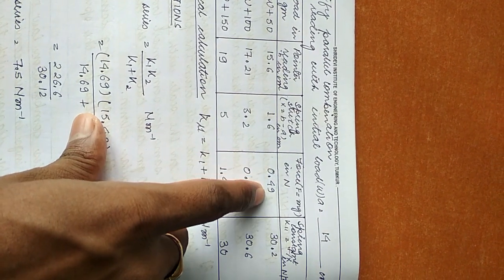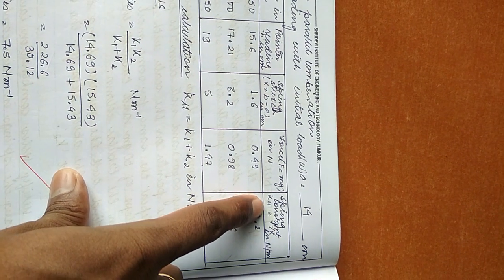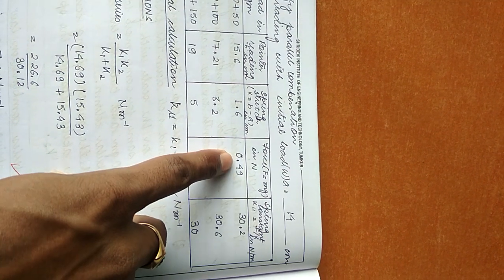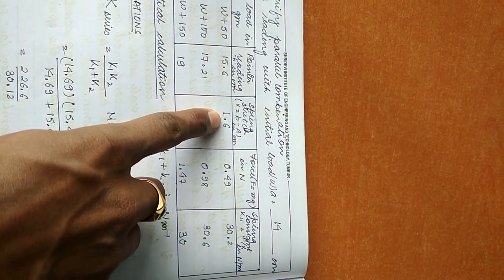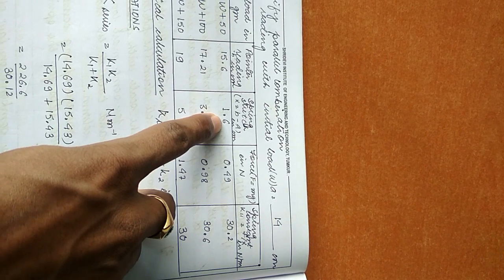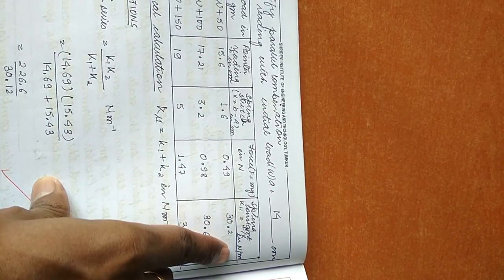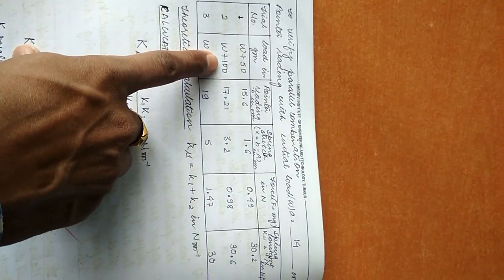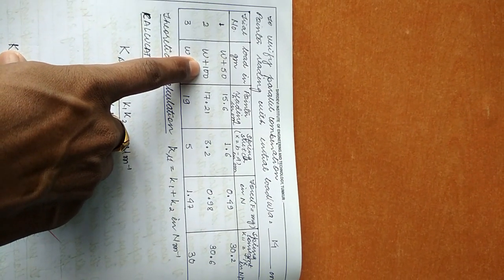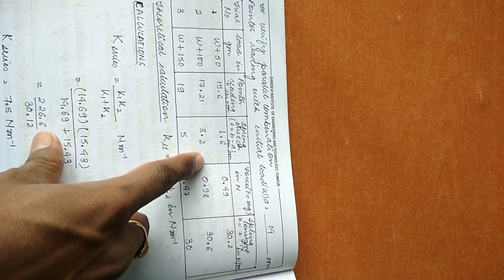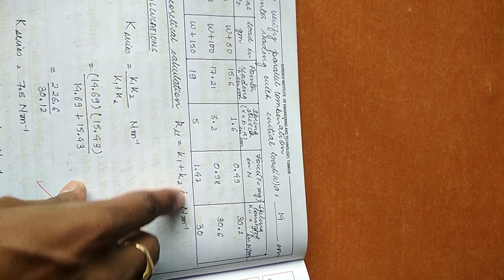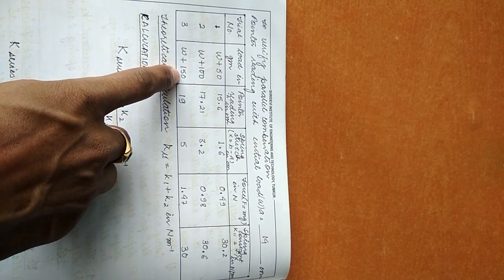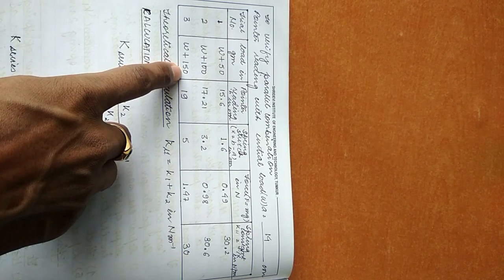We get the same 0.49. Then K parallel is equal to F by X. F is the force, X is 1.6 into 10 raised to minus 2, because it is in centimeters. When we substitute 1.6 into 10 raised to minus 2, we will get 13.2. Similarly, you can add one more coin, it becomes 100. Then finally we will get 13.6. Similarly, repeat the experiment. One more coin you can add, it becomes 150.